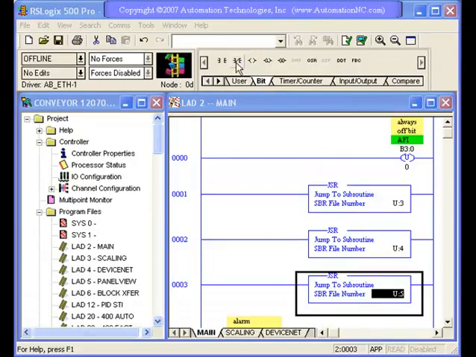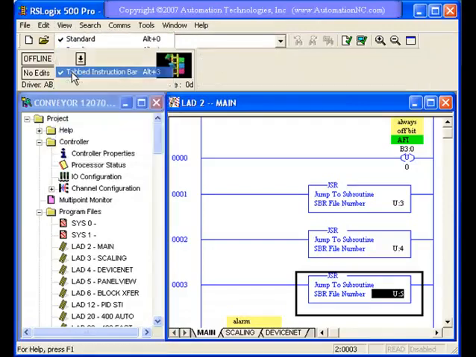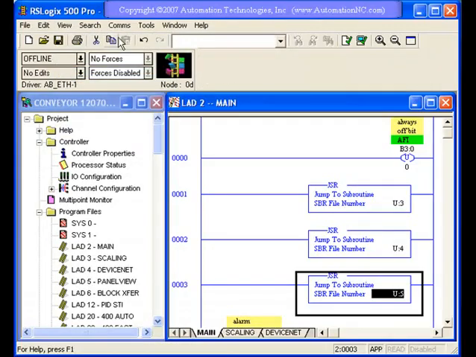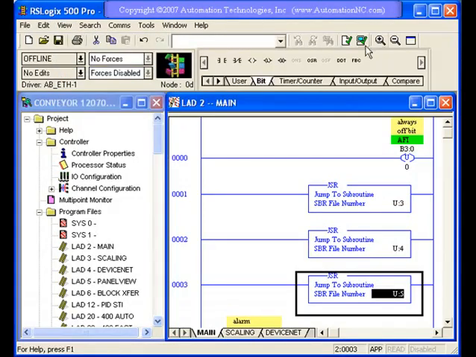The last thing I'd like to talk about today is our toolbars and the different toolbars that are available here. If you remember, we could turn our toolbars on and off here in case you see one on my screen that you don't have on yours. By clicking, see, there goes what they call the tabbed instruction bar. This instruction bar is really going to be your most useful toolbar, I think, of all these different toolbars. You have your standard Windows open, save, and new, and cut, and the things you're used to in